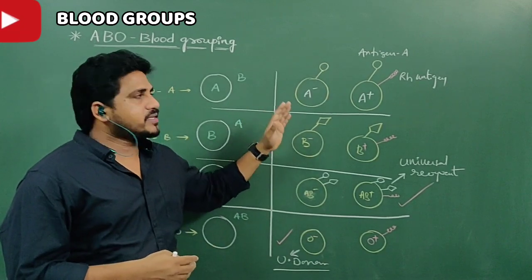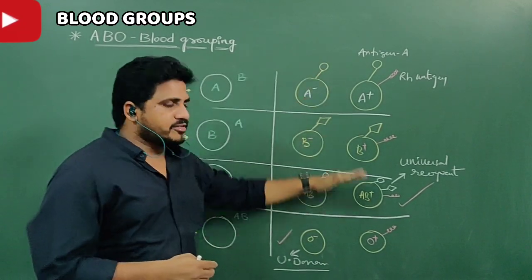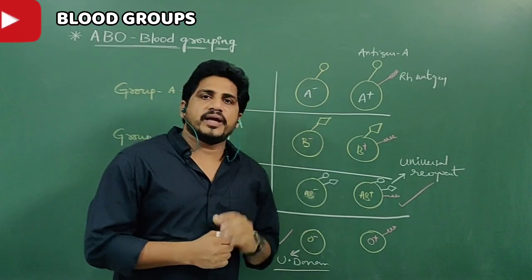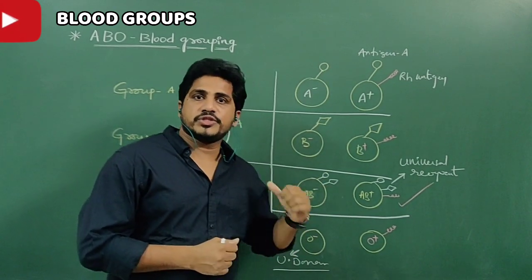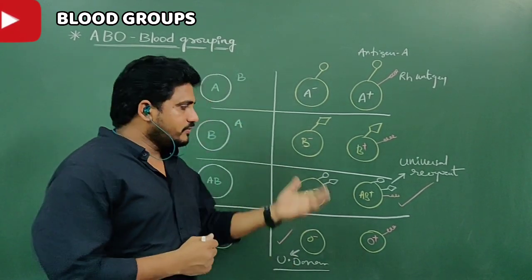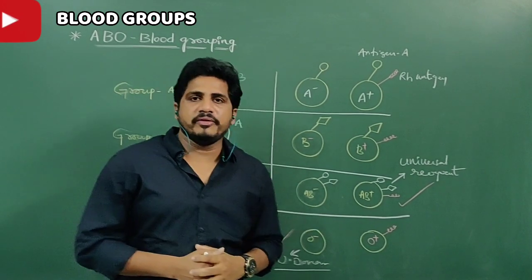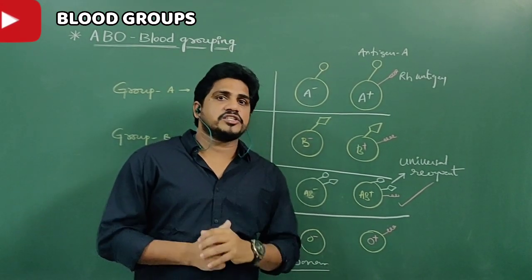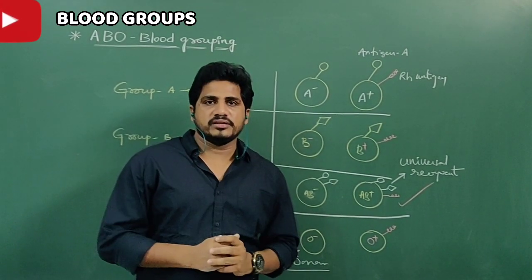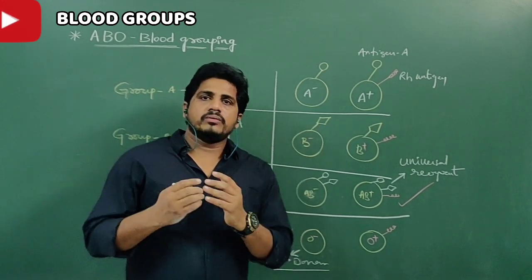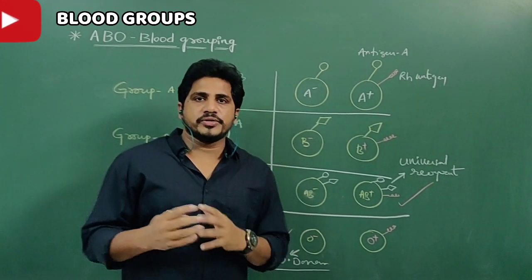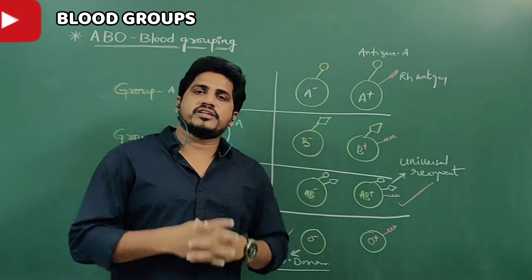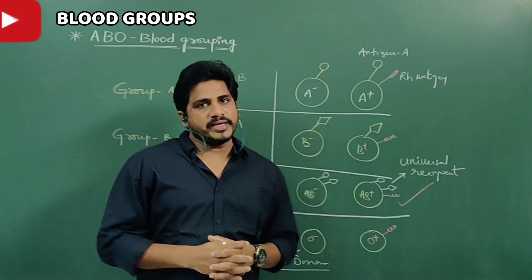According to the presence and absence of Rh factor, how many types of blood groups are there? Which blood group has the majority of the antigens, which one doesn't? If you know this data, the next session will be very easy. What is the next session? Blood transfusion. What is blood transfusion? How matchings and mismatchings take place during the blood transfusion, and the process of agglutination will also be clearly discussed.